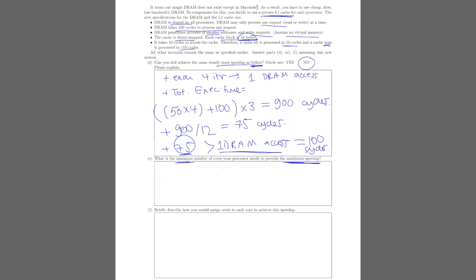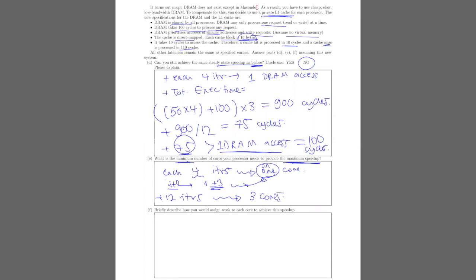It is very important that each 4 iterations be executed on 1 core. So requests from I to I plus 3 should go to 1 core. Therefore, among these 12 iterations, with these 4 iterations being assigned to each core,